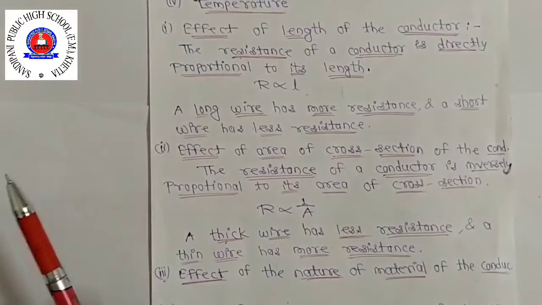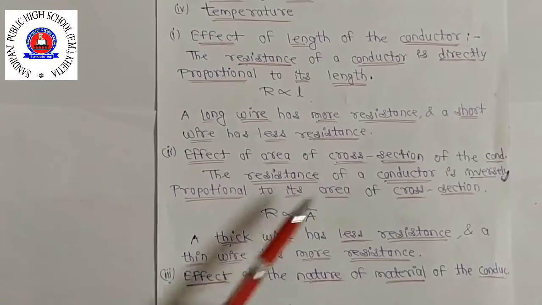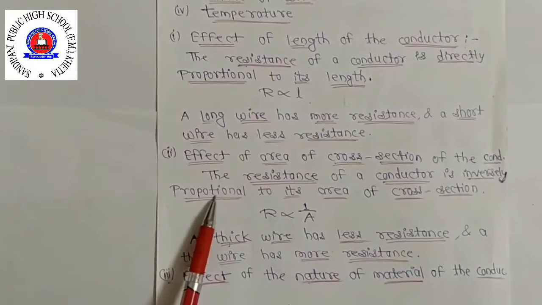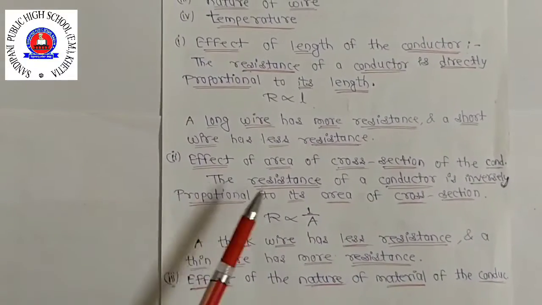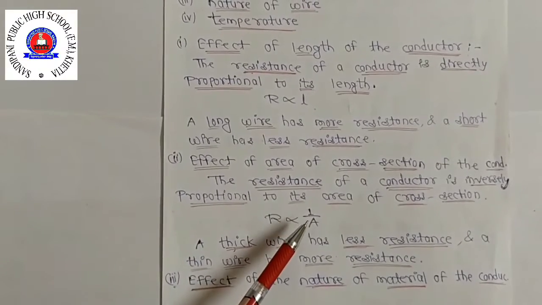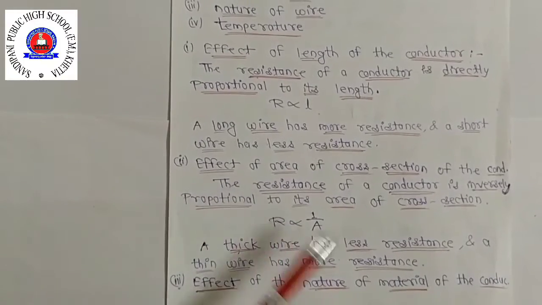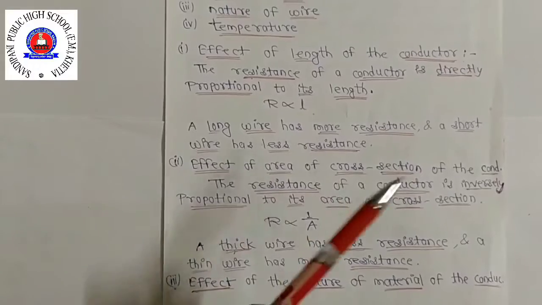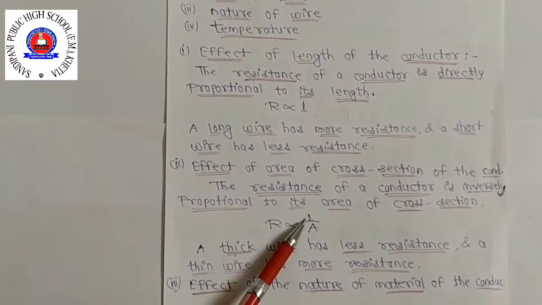It has been found that the resistance of a conductor is inversely proportional to its area of cross section. So resistance is inversely proportional to the area, where A is the area of cross section of the conductor. Since the resistance of a conductor is inversely proportional to its area of cross section,